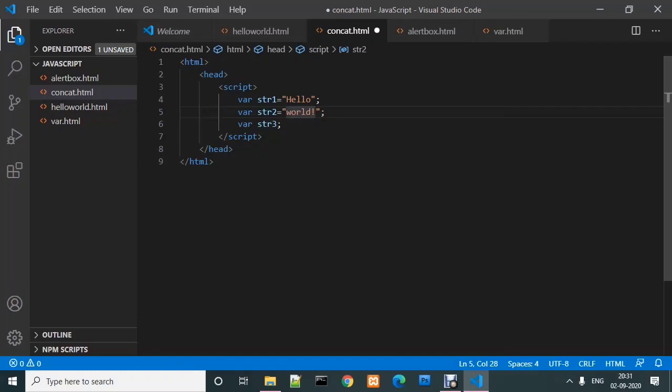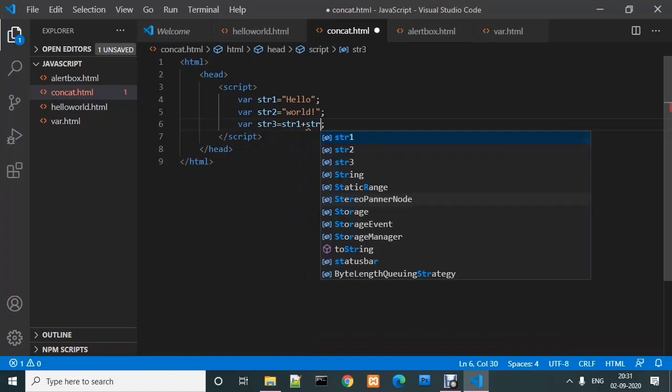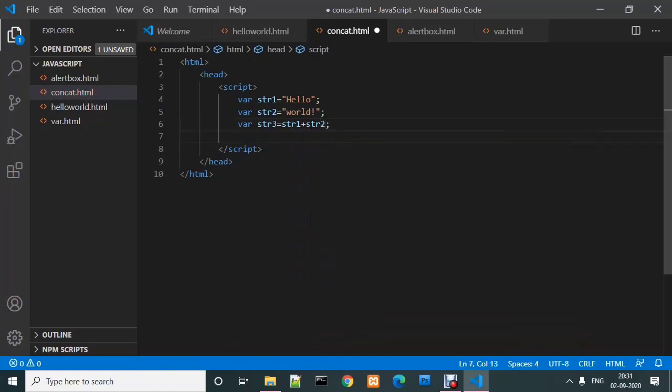So when we concatenate these, our output will be hello world. I am assigning the value to str3 by using the operator, not the function. So when we print with document.write and we print str3, our output will be hello space world.